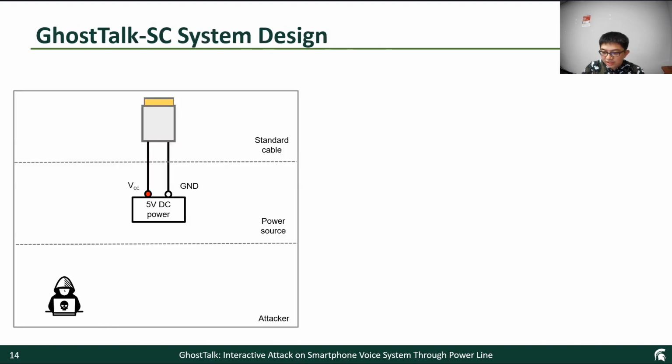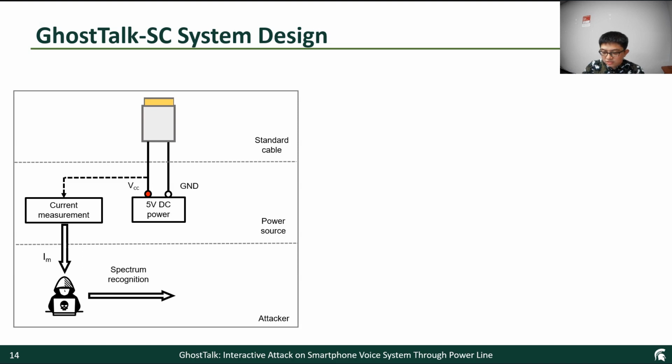We introduce the GhostTalk SC attack, where SC stands for standard cable. Different from the GhostTalk attack, GhostTalk SC can eavesdrop on audio signals while users are charging with standard charging cables. The attackers can hide a small chip in the USB charging port and analyze the current signal. Since the extracted audio signal is too noisy, human ears cannot recognize the speech content. To address this issue, we use a CNN model to recognize some sensitive information in the speech, for example, spoken digits, to reveal a password, SSN number, or verification code.